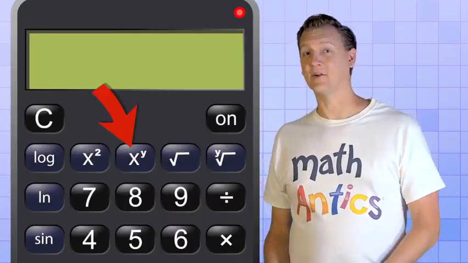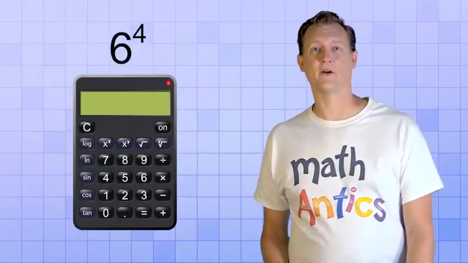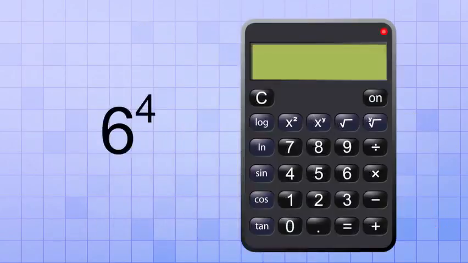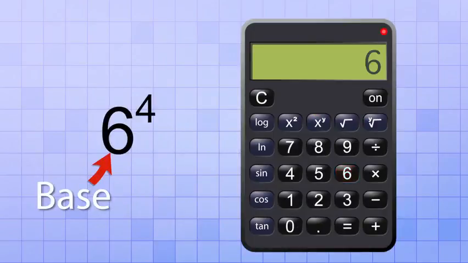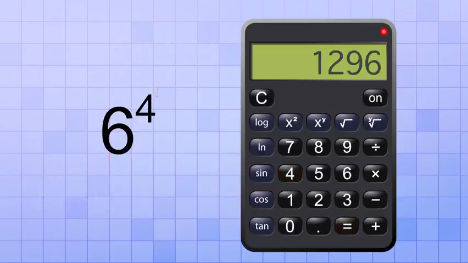Let's try using that calculator function to figure out what this exponent would be: 6 to the fourth power, which is the same as 4 6s multiplied together. On most calculators, this is how the exponent button works. First, you type in the number that's the base of your exponent. So in this problem, we type in 6, and then you'd hit the exponent button, which might not do anything besides let the calculator know that the next number you give it will be an exponent. So next, you enter the exponent, or power, which is 4 in this case. Now all you have to do is hit the equal sign to get the answer, which is